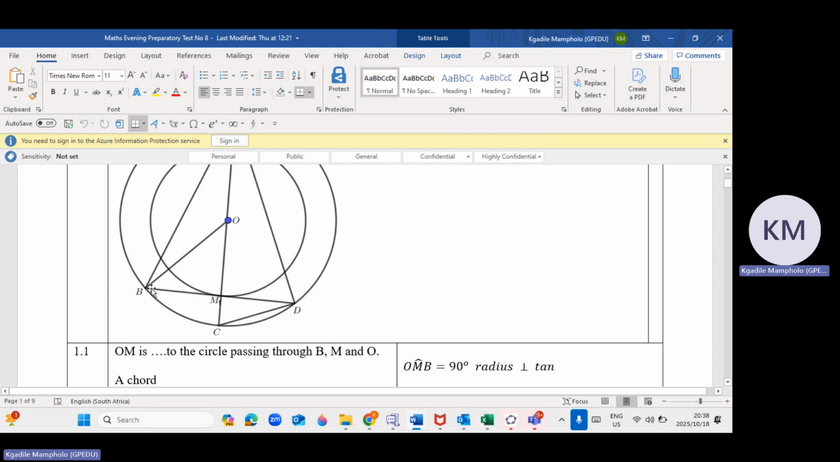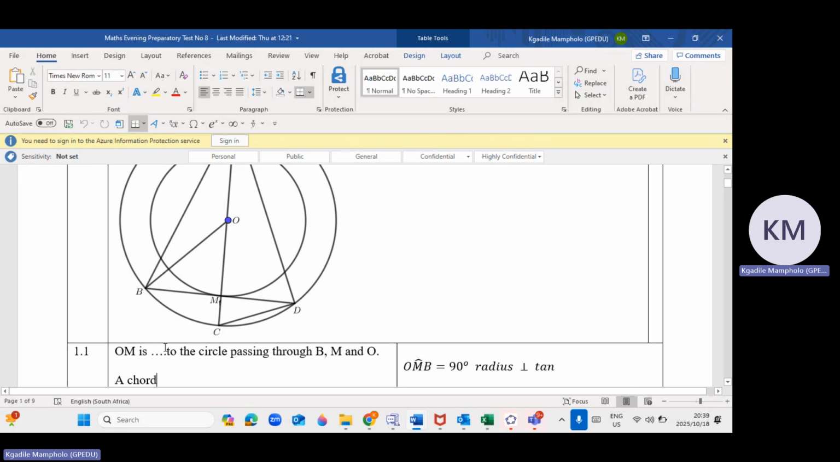Now, if you see, BD is the tangent to the small circle, but it is a chord to the larger circle. And we know that a radius is perpendicular to a tangent. It means OC is perpendicular to MD. So for that reason, this angle here would be 90 degrees. If it's 90 degrees, then it means that